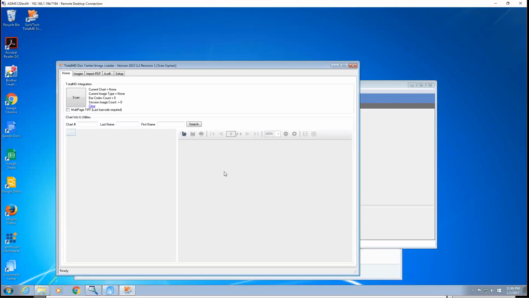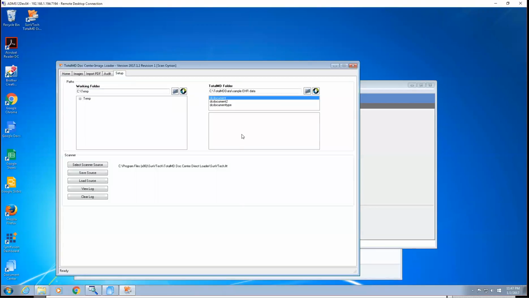Before we get started, let's take a look at the setup tab. This is where you will be pointing to the TotalMD database. In this case, I'm using the sample EHR database that is shipped with the application. I also selected a working folder, in this case eTemp. This is where the utility will